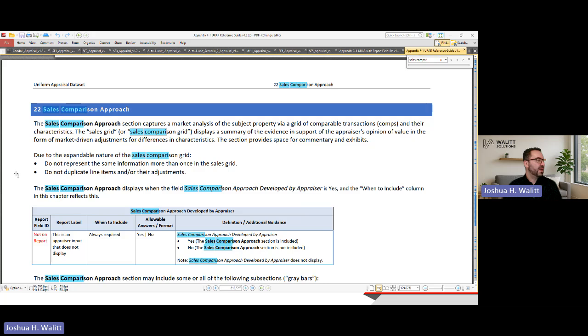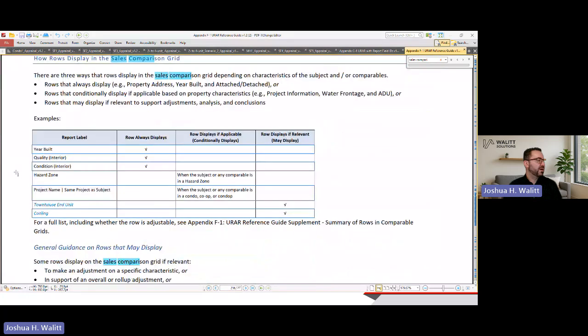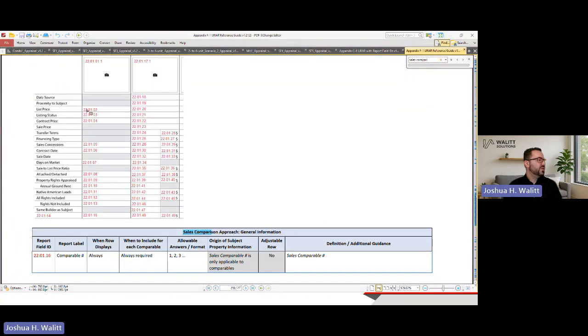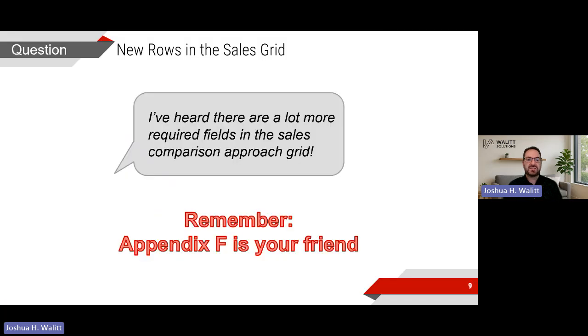So everything I see here that appears on the report, if I'm just going to scroll down real quickly, if we see any code numbers, they're going to start with 22. Here we go. 22 because sales comparison is section 22. You don't need to remember the number. My point is just it's a really well organized document where you're going to see everything about this particular topic. It's going to explain the layout, it's going to explain the fields, and so on and so forth, okay? So what we're going to do is take a look at a simple example of a sales comparison approach, and we're going to look at one that's a little bit more complex, okay?